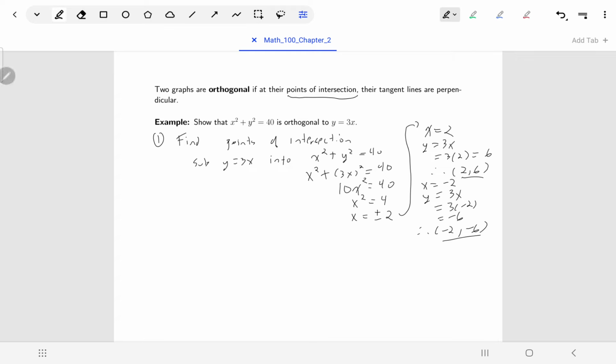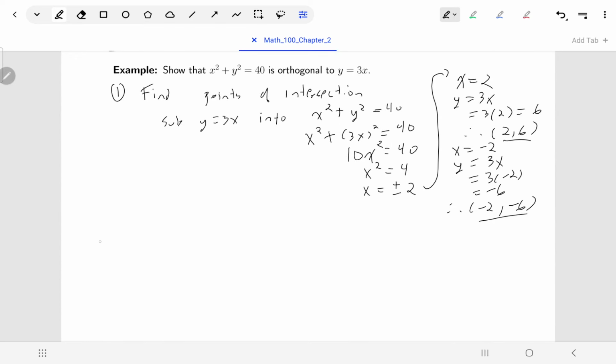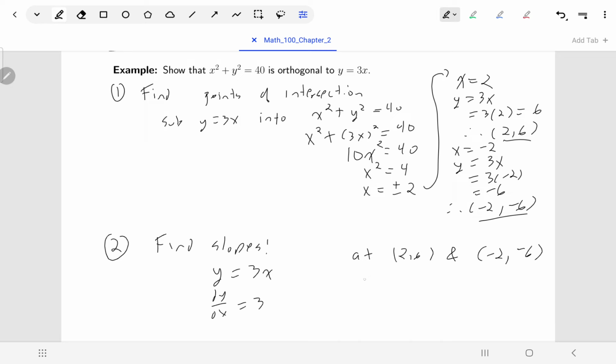The next thing we need to show is that the tangent lines for these two curves at these two points are perpendicular. If we're looking to show that things are perpendicular, that involves knowing their slopes. And to know slopes of tangent lines, we need to find derivatives. So let's start with the easiest equation. For y equals 3x, the derivative is just 3. So that means at both (2, 6) and (-2, -6), the slope of the tangent line